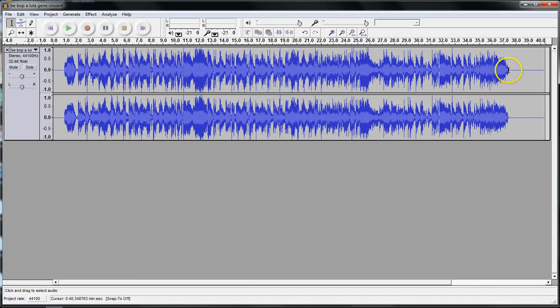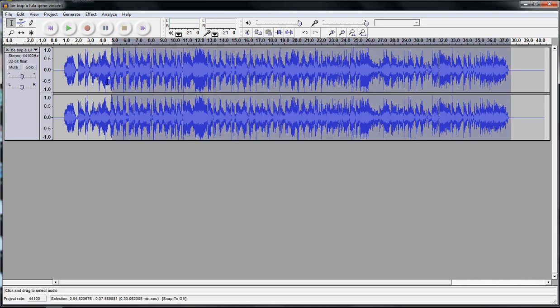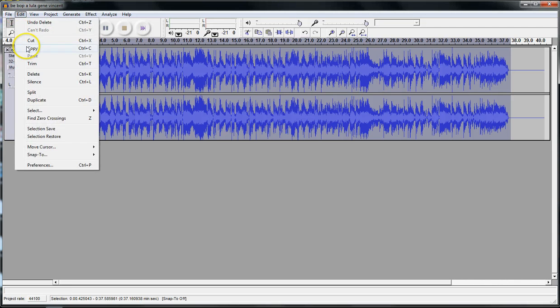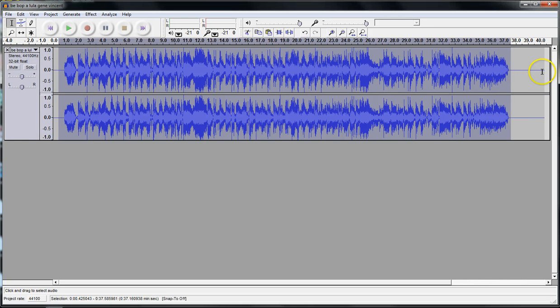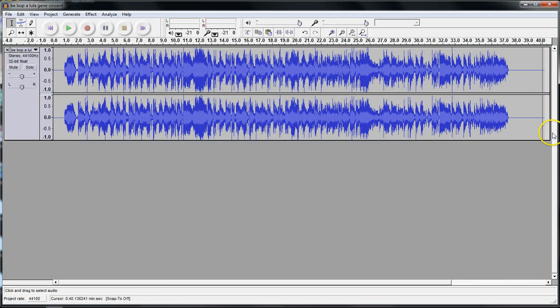So I'm going to copy this now. It's simply just again, sorry, I'm bad with right and left click. I'm going to highlight that. Now you can either do Control C, but I'll go to Edit and Copy, and then I'm going to put my little line back there. I want it to go to the end of that 3 seconds, and then you can just go